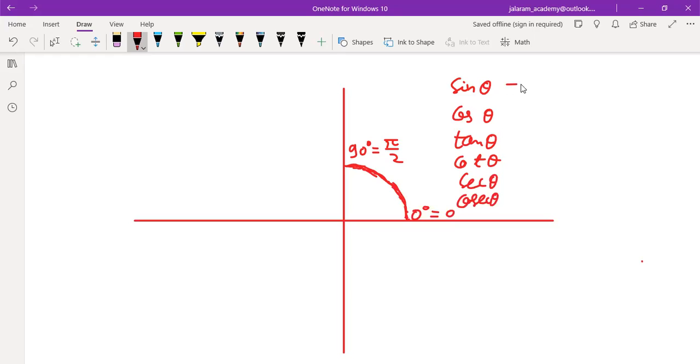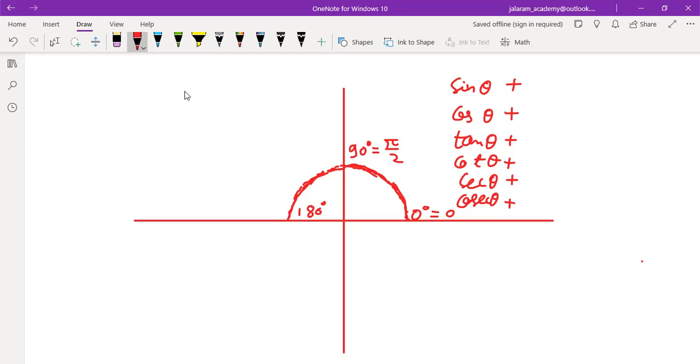We have studied in previous classes the standard angles which lie between 0 degree to 90 degree only. You have surely learned a table of trigonometric ratios of standard angles. Sin 0 degree equals 0, sin 30 degree equals 1 by 2, sin 45 degree equals 1 by root 2, sin 60 degree equals root 3 by 2, sin 90 degree equals 1, and so on for the other trigonometric ratios also. And this year we will discuss the trigonometric ratios of angles greater than 90 degree, meaning from 90 degree to 180 degree also, which will lie in the second quadrant.